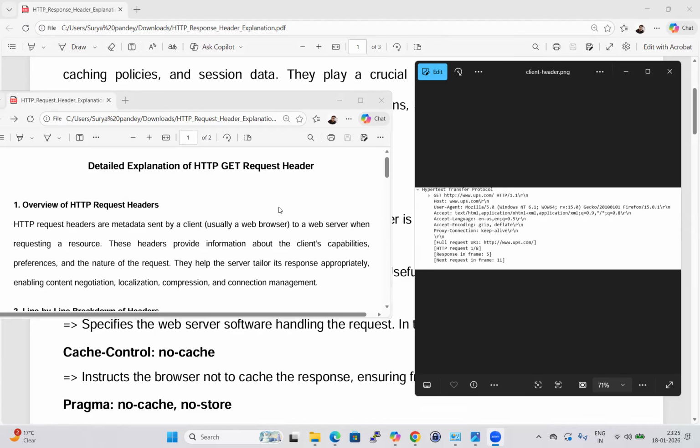We will see the client HTTP request header and the server HTTP response header. It is very, very important to understand the header if you are working at a level where we need to do deep troubleshooting,